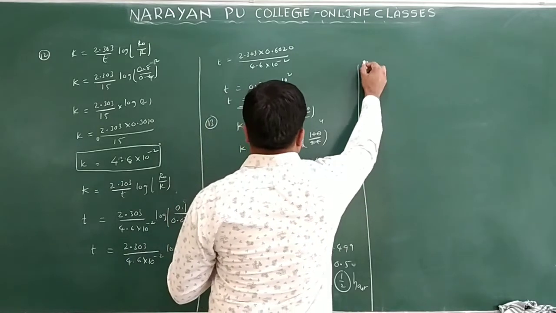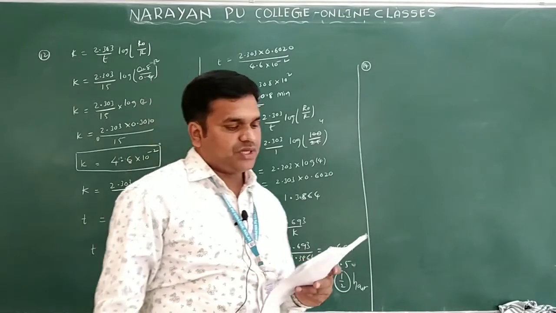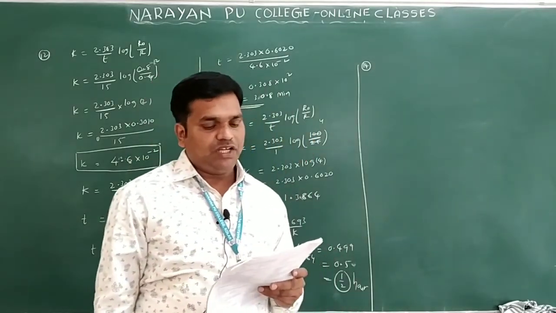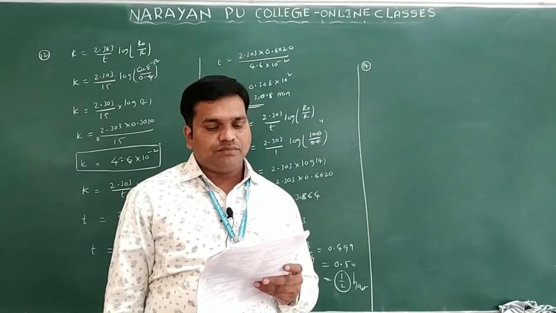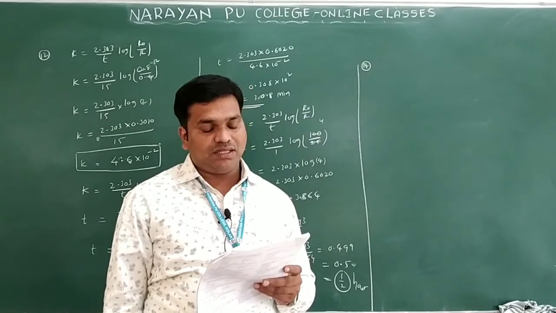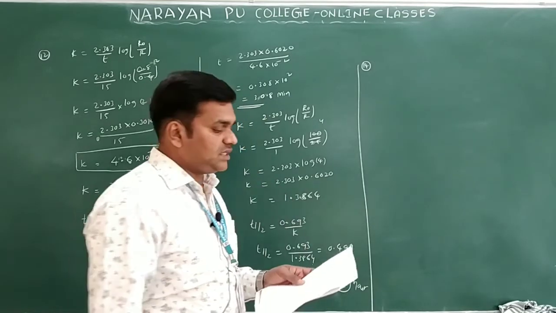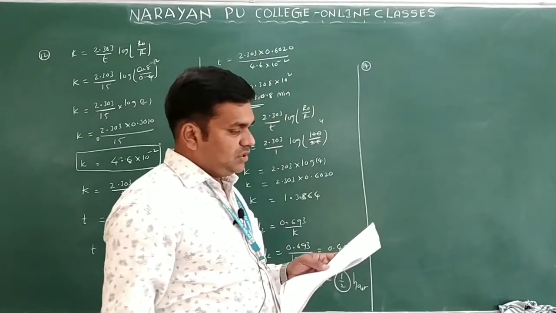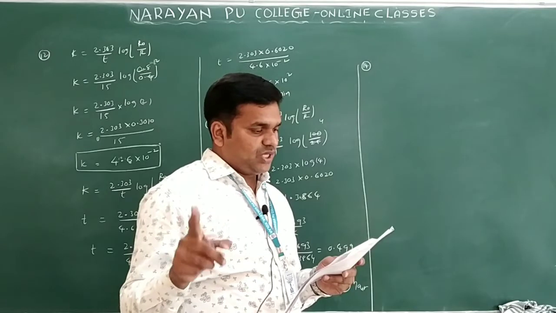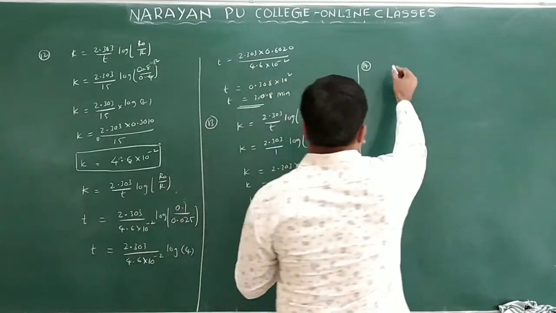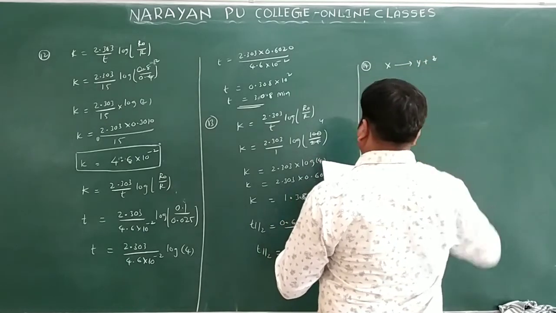Next, you see question number 14. For the reaction X gives rise to Y plus Z, the half-life T half is given as 10 minutes. In what period of time would the concentration of X be reduced to 10% of its original concentration? So what order reaction is it? If you want to take it as a first order reaction, imagine the equation given here: X gives rise to Y plus Z.